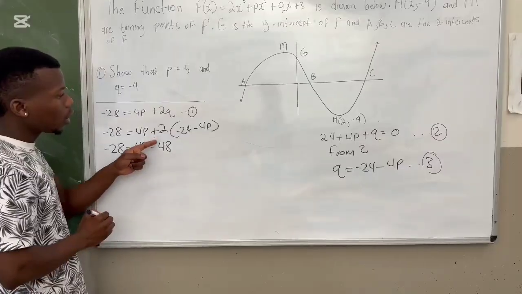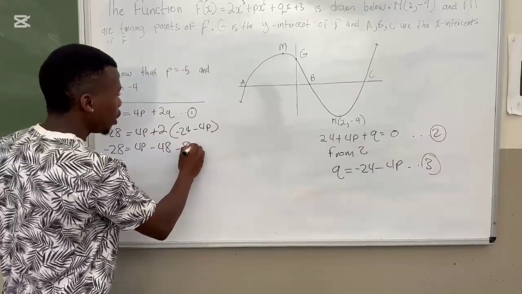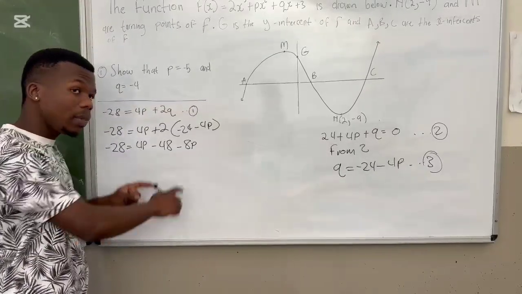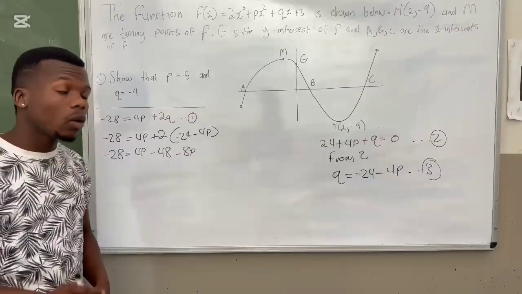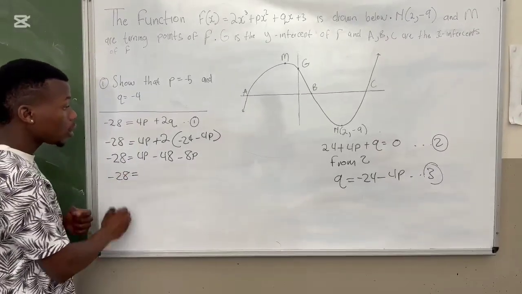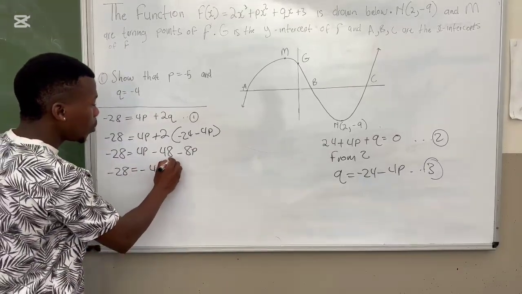And then we have 2 multiplied by negative 4p is minus 8p. And then this equation tells me that there is only p, meaning I need to solve for p, of which the goal is to make p the subject of the formula. In other words, I have minus 28 is equal to 4p minus 8p, which is minus 4p, minus